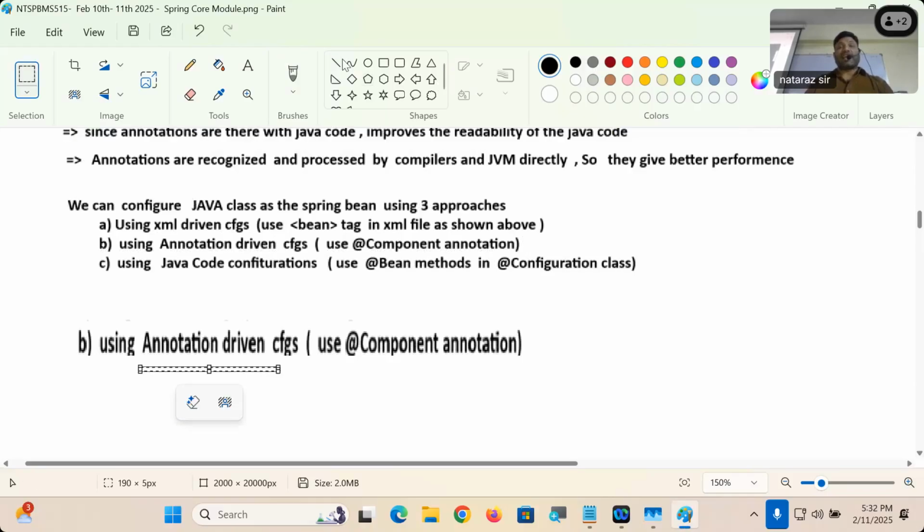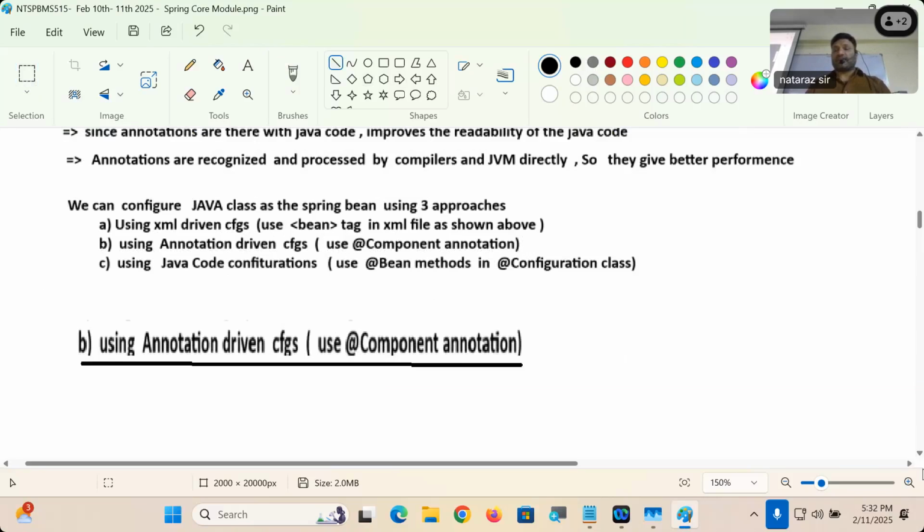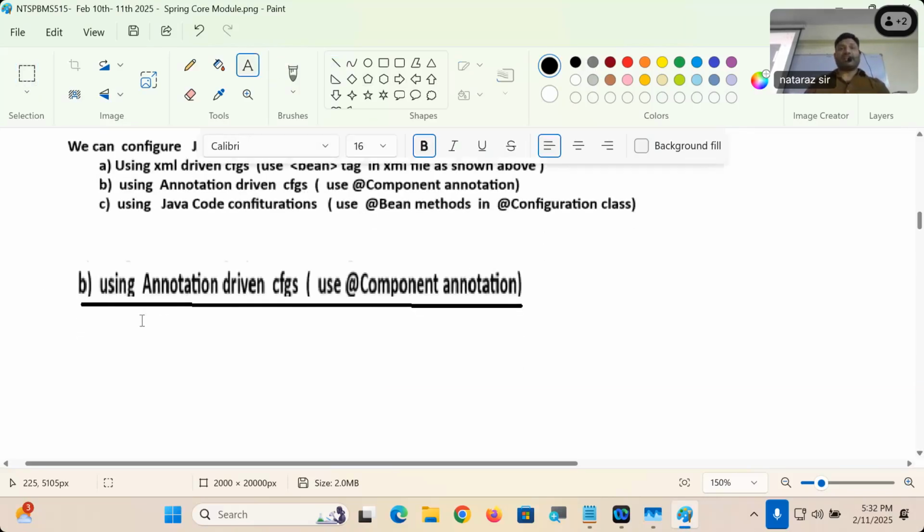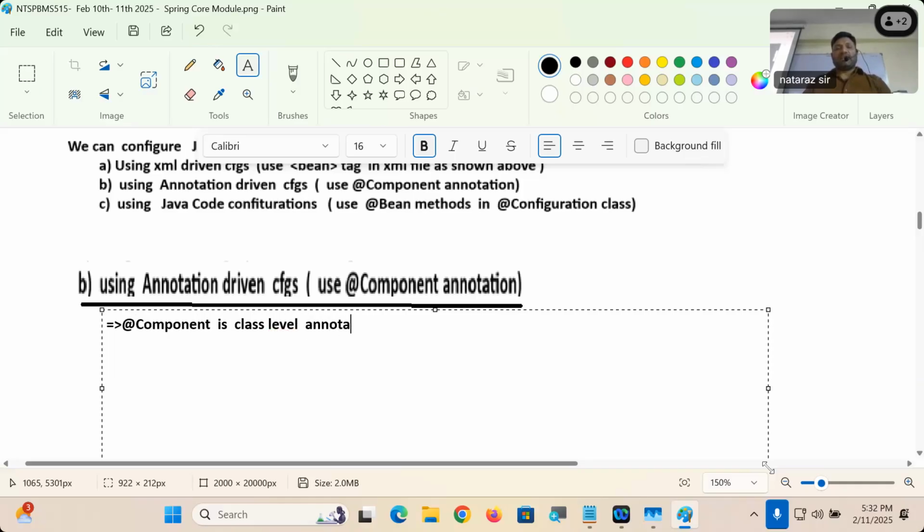@Component is a class level annotation. That means we need to place it on top of the class, right? What level annotation is it? Class level annotation. Okay, this is very useful to configure